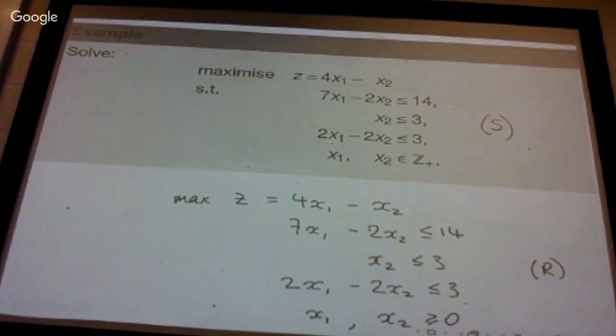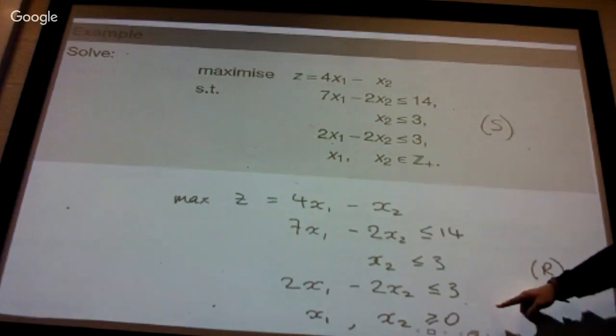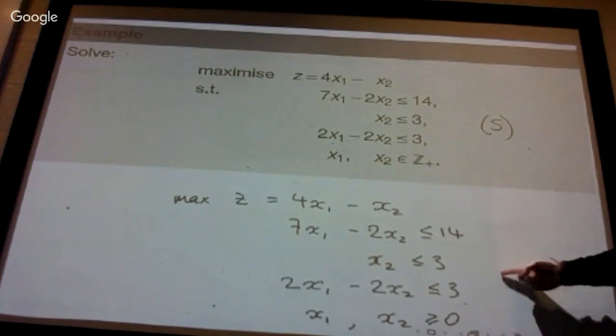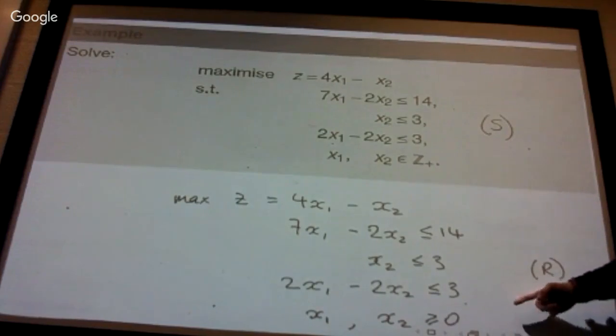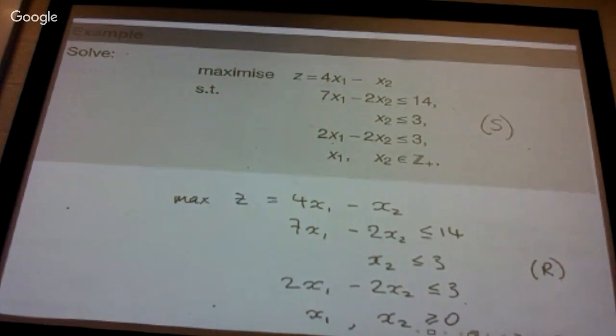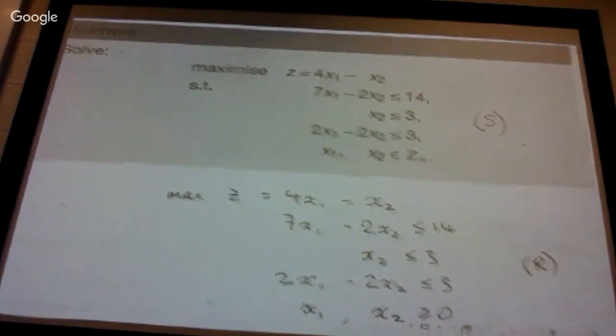One says integers and one just says zero. Yeah. This one doesn't want those numbers to be integers necessarily. So this is a standard linear programming problem which you can solve using the simplex method. Now, if you do solve,